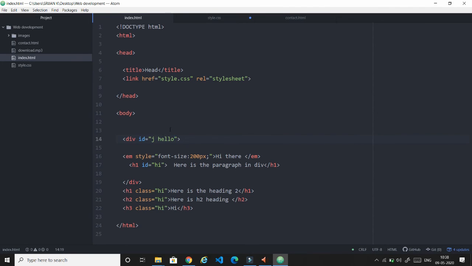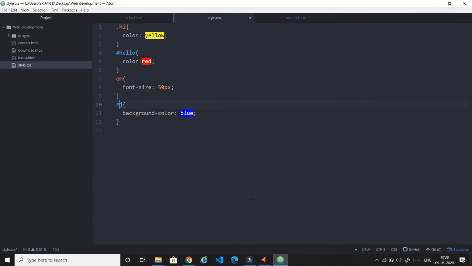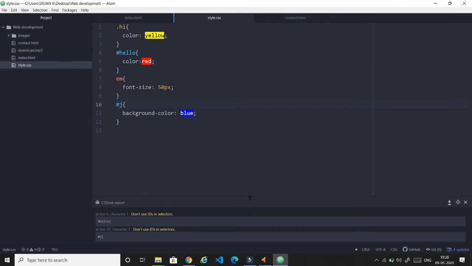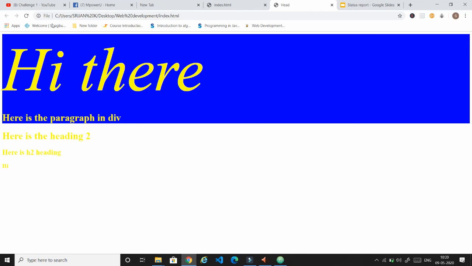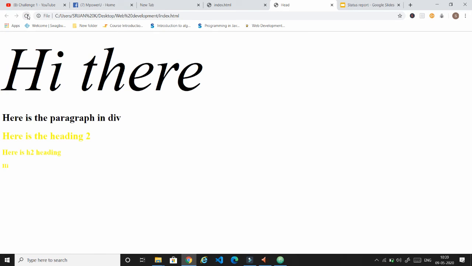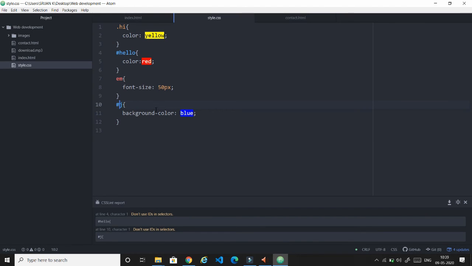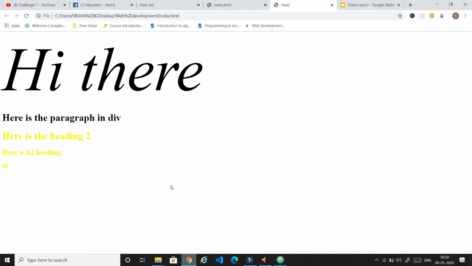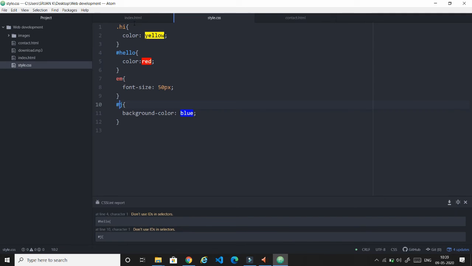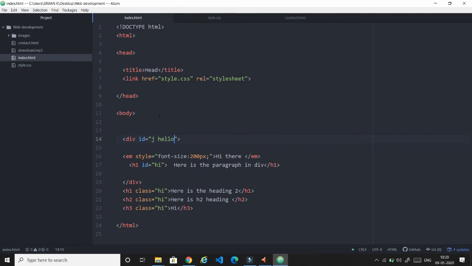Hello, and yes, I'm going to change this, and you can notice here I have created the ID and color, made the background color as blue, but you are not getting the blue color here. And also I have made the color as red, but you are not getting the color as red.